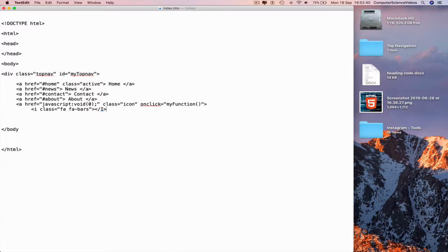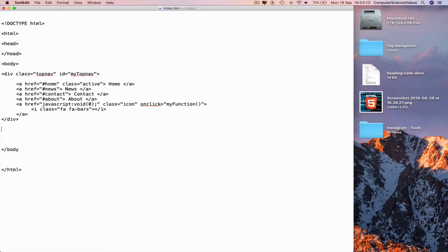Command S to save, go to a new line, less than /a, go to a new line, and end with div, less than /div, greater than,